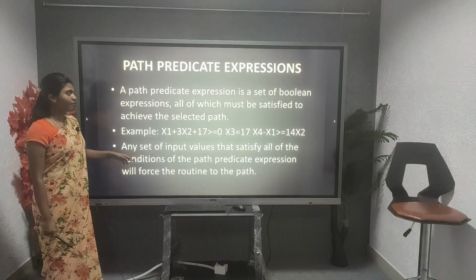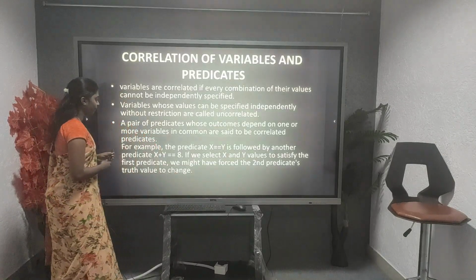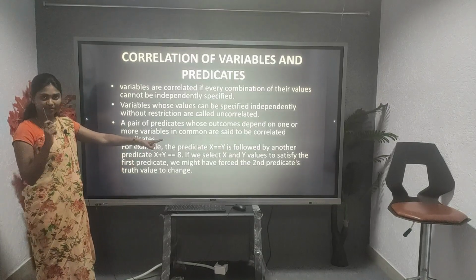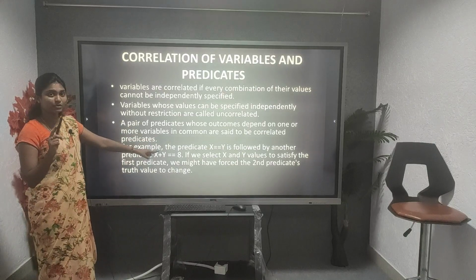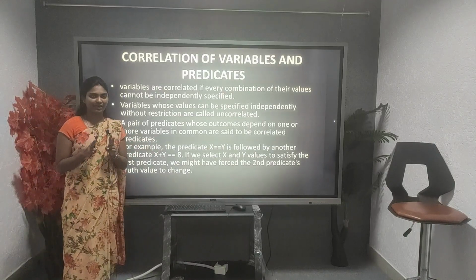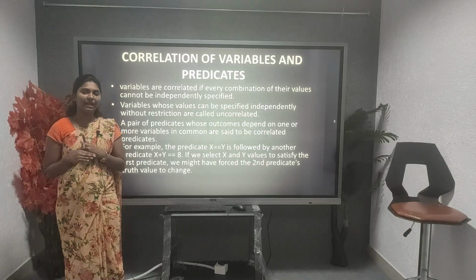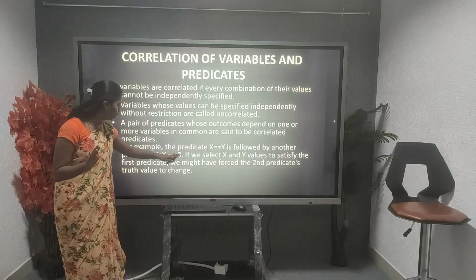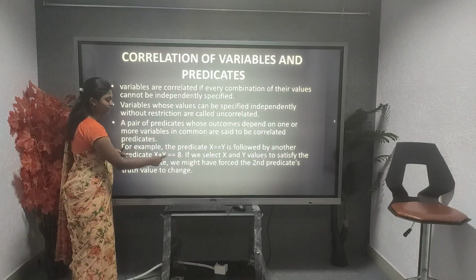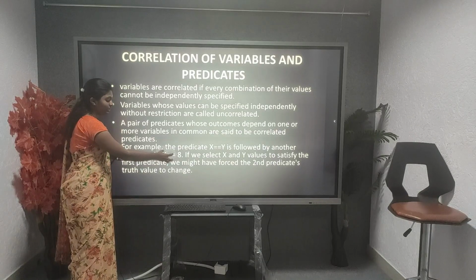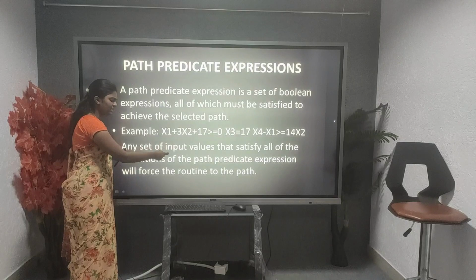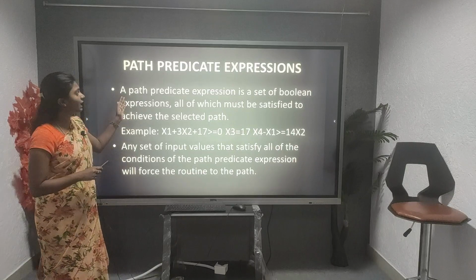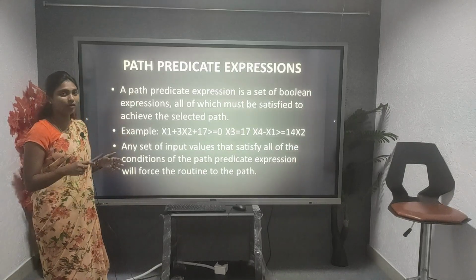Fine. Last, we will discuss an example of correlation. Suppose I take x equals y as one relation, and x plus y equals a as the next relation. I have two satisfactions, but if I do not get a correct answer in the first phase, where x plus y equals 0, then I go to the next one where x plus y equals 8. I will find this variable as a correlation which is independent. Now I will go to the slide on path predicate expressions. This is the last one I am explaining.